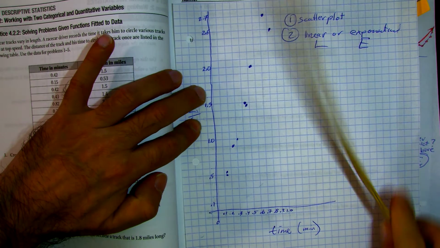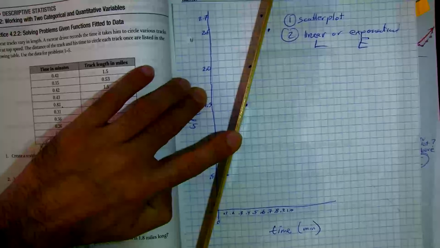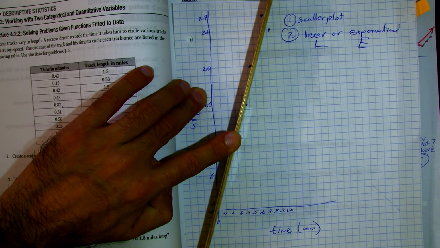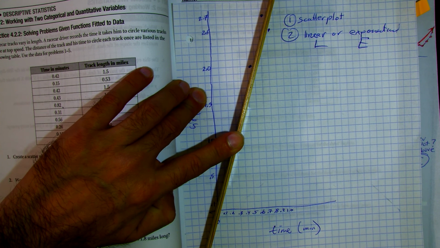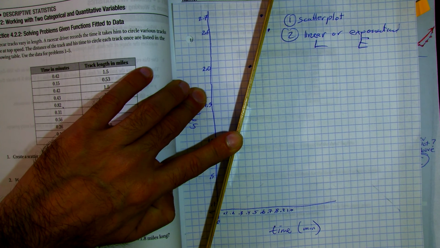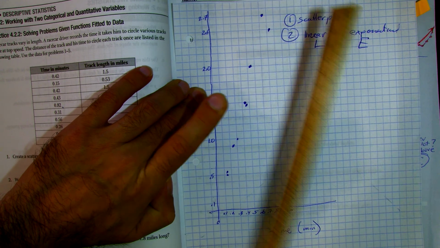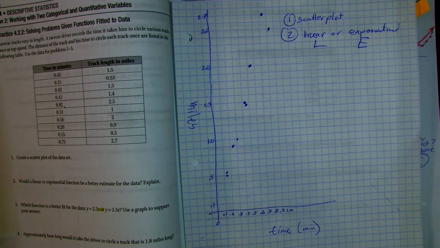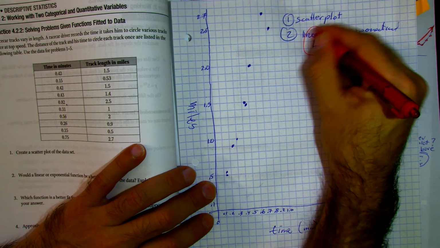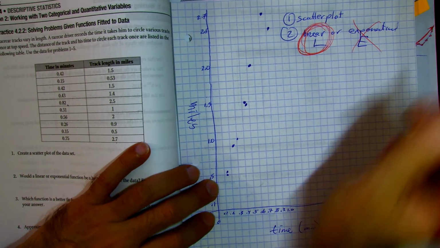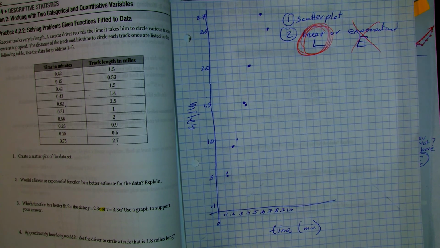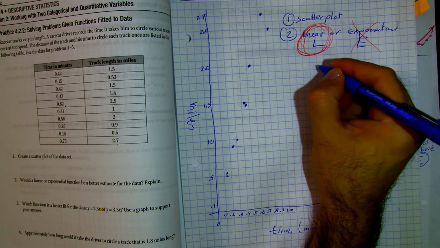That's a pretty dang good line of best fit. It goes through most of the points. Some are above, some are below, but it goes right through the region where all the points are, where all this data is located. So we are going to go with it's linear, not exponential. Yeah. All right, now this is the one where we know it's linear,